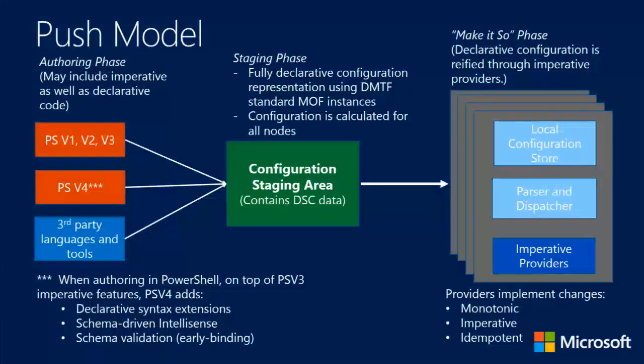So as Jeffrey's pointed out, this whole notion of local configuration management that we're shipping in all the versions of Windows on the right-hand side enables people like OpsCode, Chef, and others to start taking real advantage of it and trying to build a community around it. Now, the question then becomes, what are they building on top of? And the answer is that they're utilizing DSC providers. And how do you build a DSC provider? The answer is PowerShell.